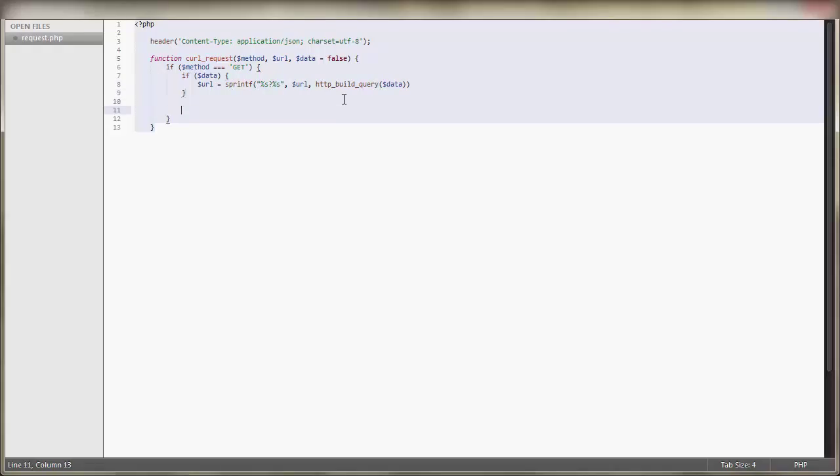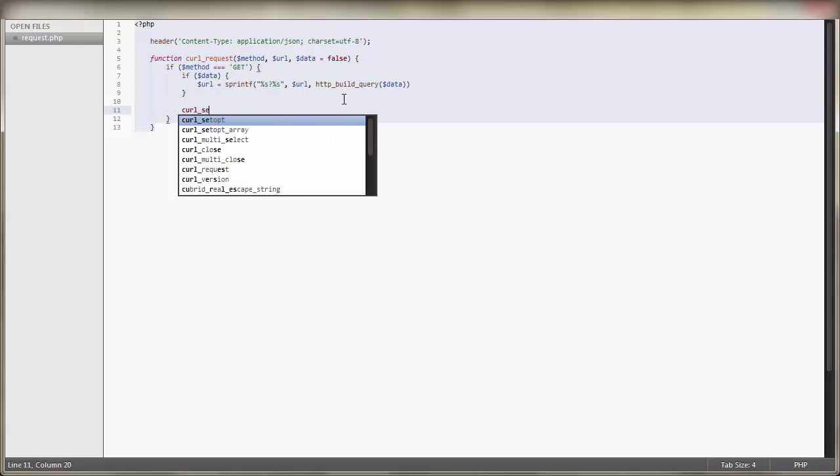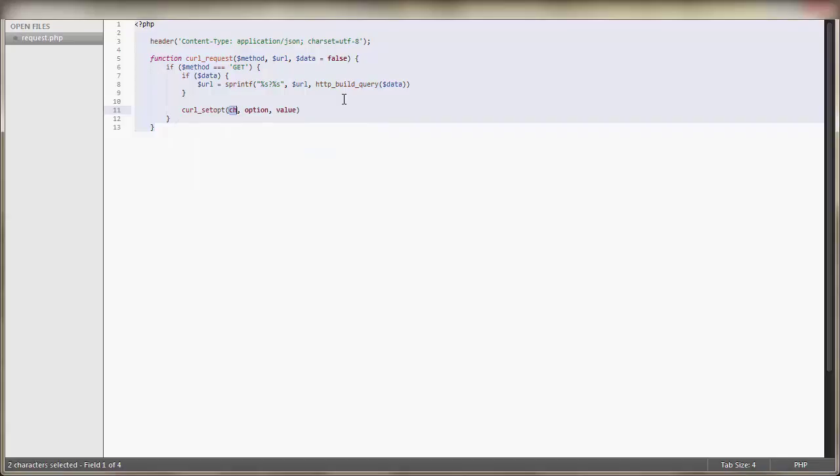Now the next part is we need to set options. That's going to be done with the curl_setopt functionality. As you can see, we need the curl instance, then the option, and then the value. So my curl instance currently is curl,